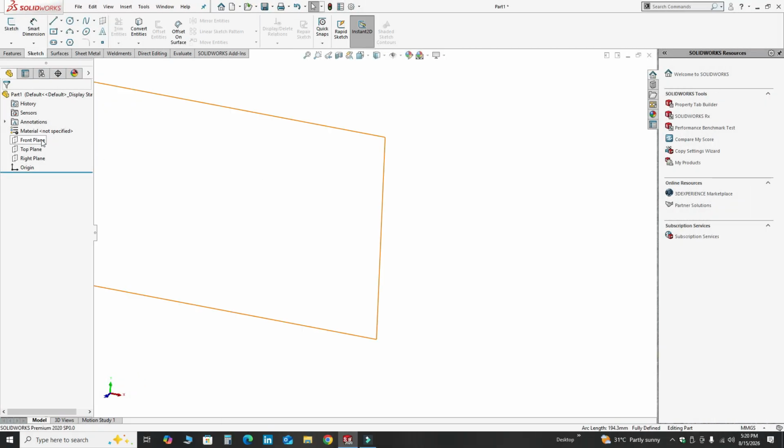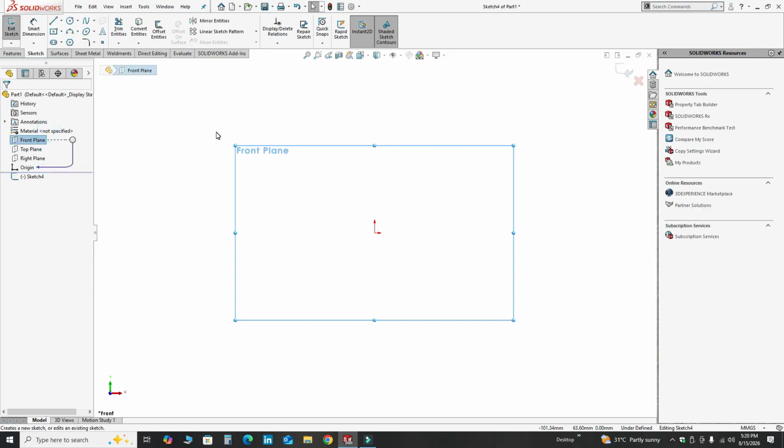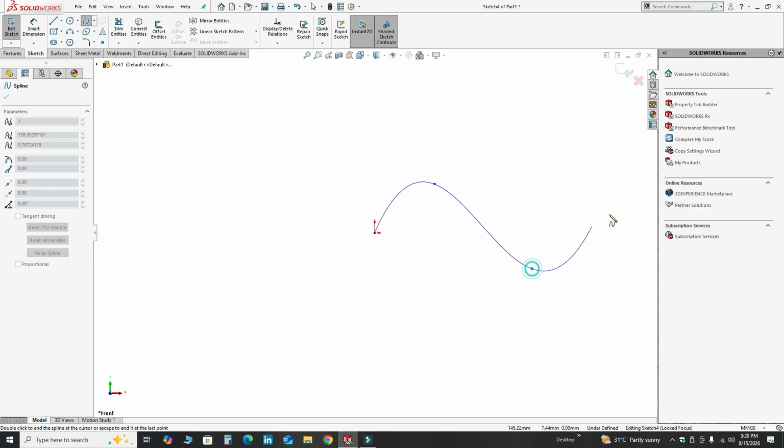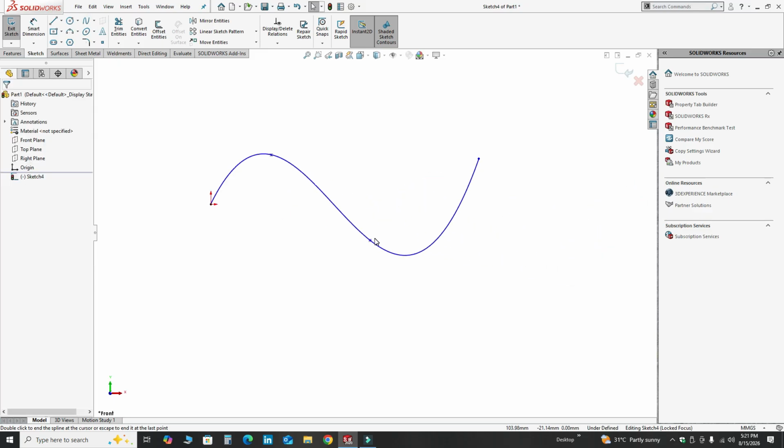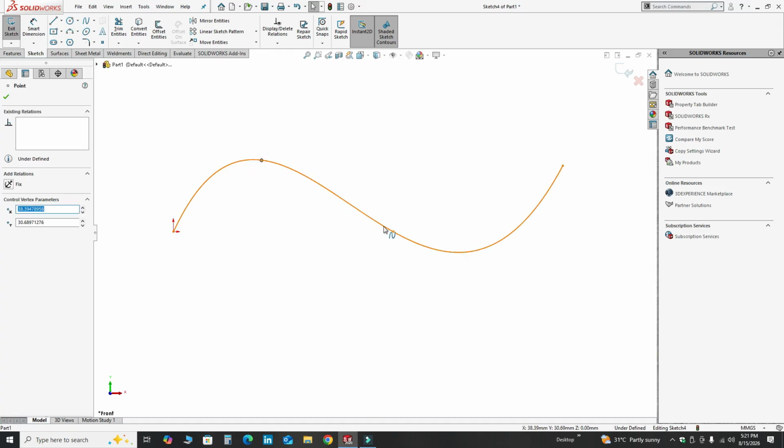So first of all, I will go to the Front Plane, Sketch, and here I will create one random spline like this. And here you can see that I cannot see the spline handles, and it is very important when you are doing surfacing. So for this, go to Options